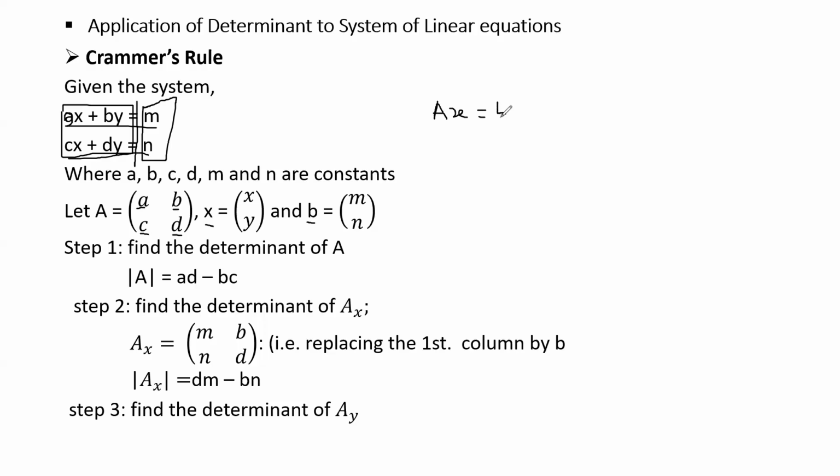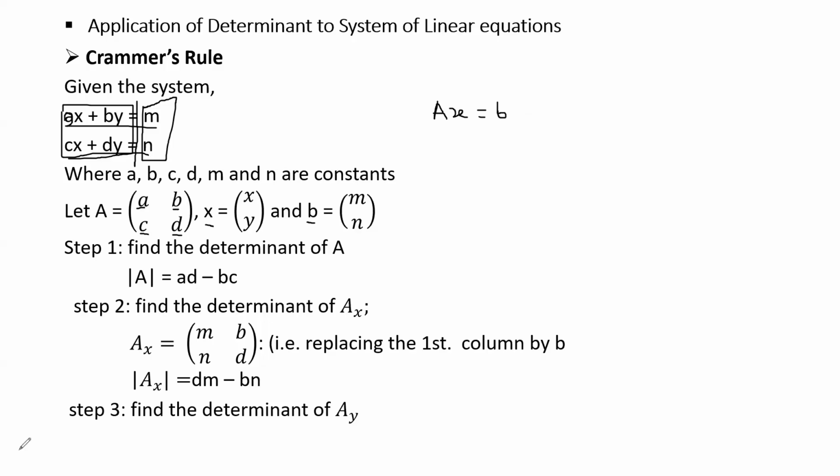If you multiply X by A, you get the same 2 equations here. Are you okay? So this is how we want to do it. We want to express the equation as AX equal to B, where A is the matrix that you form from the coefficients, X will be the variables x and y, and B will be the right-hand side values. Are you okay? Yes, sir. Okay. So having gotten your A, B, and X,